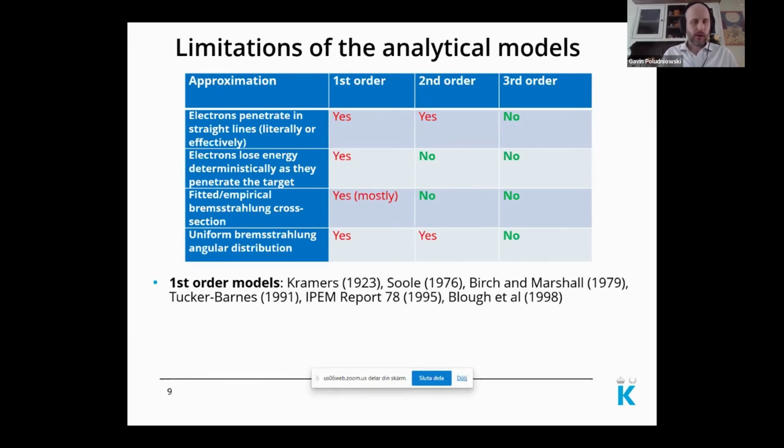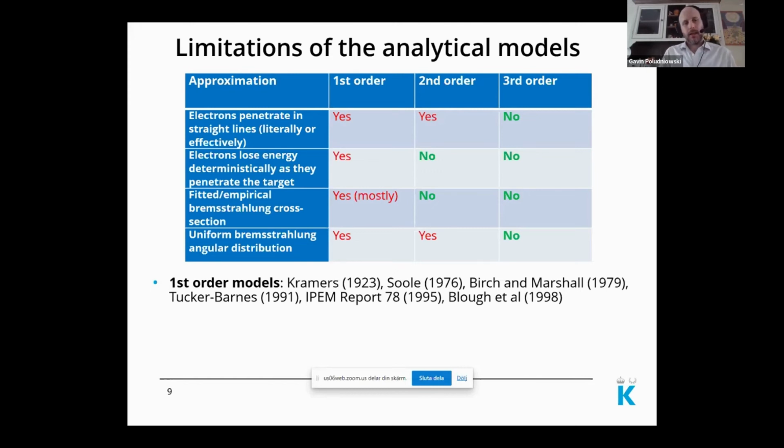So that's not as dumb as it sounds, assuming they move in straight lines. But these first order methods also assume that electrons lose energy deterministically. So at a certain depth, they have a certain energy, not a distribution. As we've seen from the plots I showed, that's not true either. And I think as a consequence of these two assumptions is why there's this third